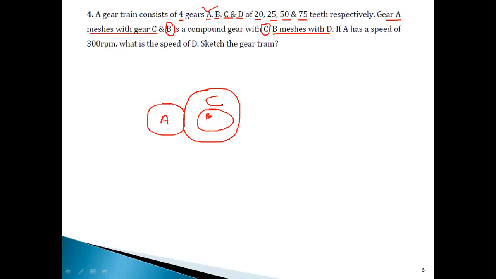This is gear B. And this gear B, which gear is it meshing with? Gear D. It has 75 teeth. So it is in this fashion. See here, B has to touch D. This is D. So can you see here that